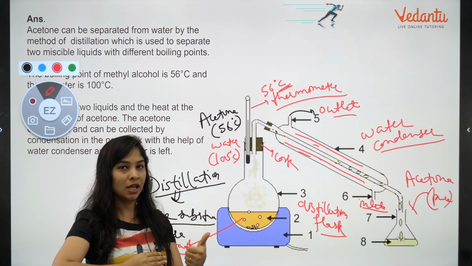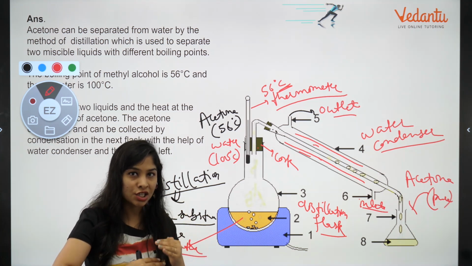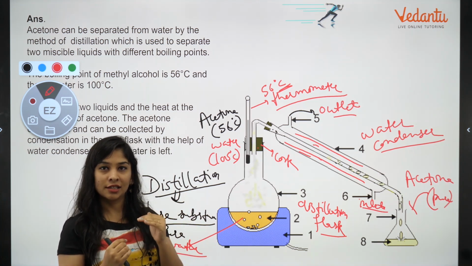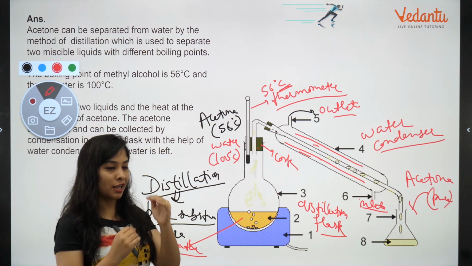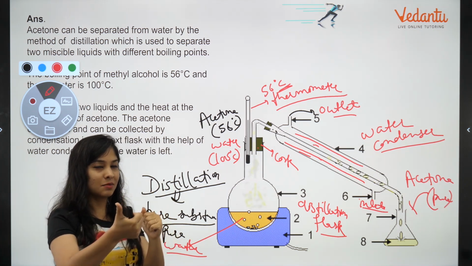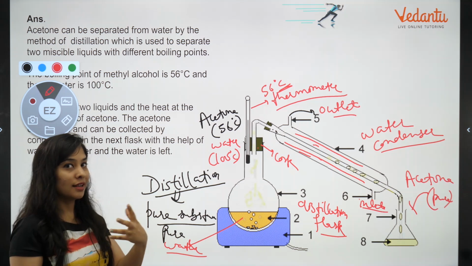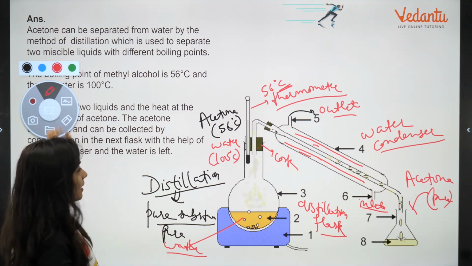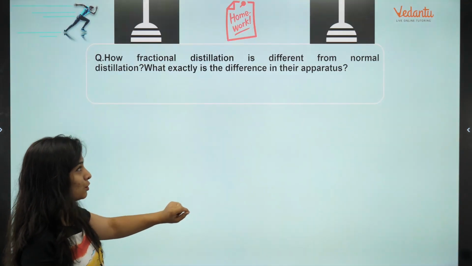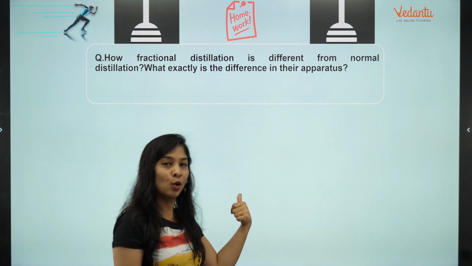That has a particular name known as fractional distillation. Okay, fraction, something which is known as fraction. Fraction में कुछ होता है, 8th class में भी थोड़ा बहुत पढ़ा होगा आपने. So there is some work for you also. मैम सारा काम क्यों करे? Some work you have to do. So this is the part of your homework.